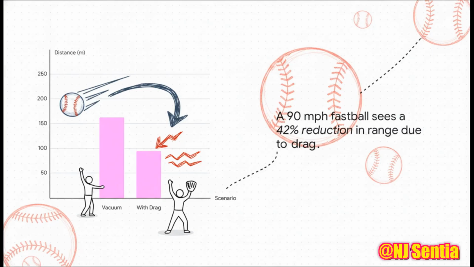To put that into perspective, just look at how catastrophic air resistance is to our perfect math. If you take real baseball data, a 90-mile-per-hour fastball launched at that ideal 45-degree angle in a perfect vacuum would travel an enormous 163 meters. That's huge. But when you factor in the actual air drag pushing against the baseball surface, that range plummets to just 95 meters. That is a 42% reduction. This is the exact reason why outfielders can easily catch fly balls that, according to textbook math, absolutely should have been towering home runs.